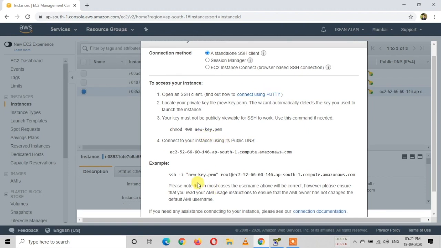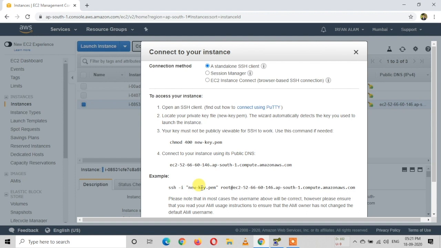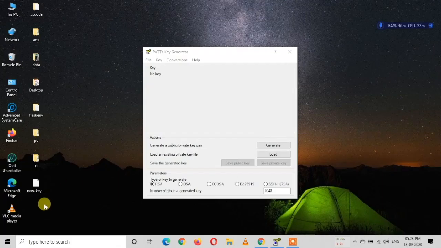As we can see here, the key that is used in this instance is this file newkey.pem. Now if you are wondering where this file came from, when you create this instance, at that time you will have to either create a new key file or assign an already created file to this instance. So this file is assigned to this instance, so we will have to use this file to access using PuTTY. This is my key file which I can use to connect to my VM instance on Amazon Web Services, but this file is a PEM file.